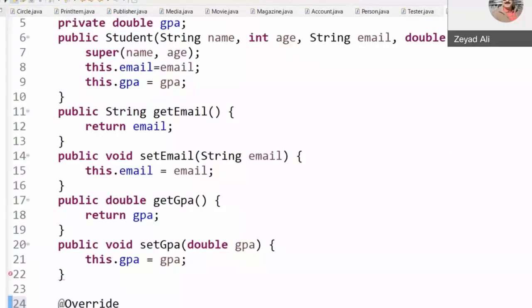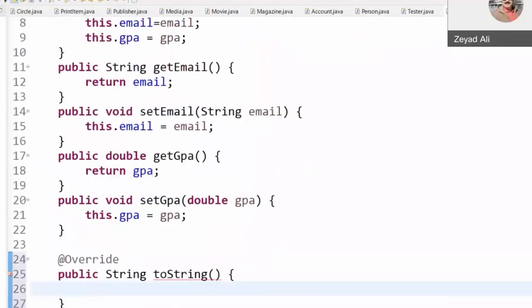Same thing here. Type. A very important question now and very core concept. What do you want to override? Do you still need the code that gives you the name and age, or do you need to write it again here? If you need to write it again, this is not the right choice. If it's usable, what is the answer to this question? I need everything from the toString of the superclass, which is name and age, plus I need to also add the email and GPA.